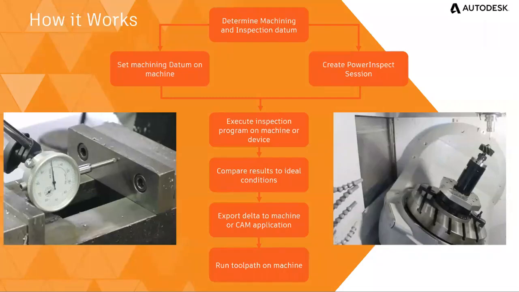So how does it work? First, you need to determine the machining datum and inspection datum. Then you set a rough machining datum on the machine itself and create a PowerInspect session. Then you execute the inspection program, which was created inside PowerInspect. Through PowerInspect, you can generate an NC program to be run on the machine. Then you need to get some results from the inspection